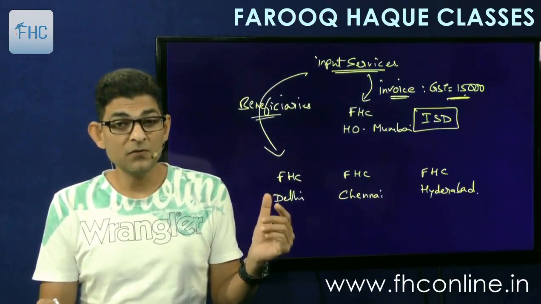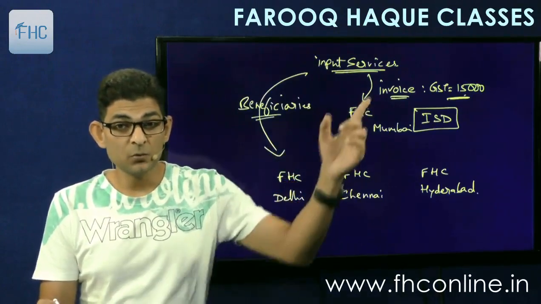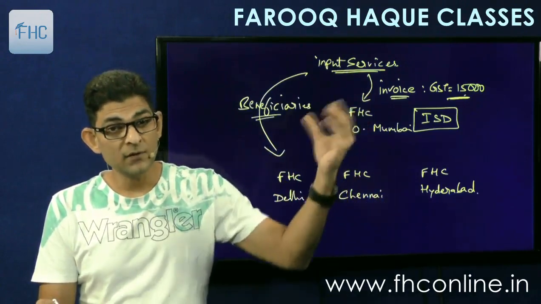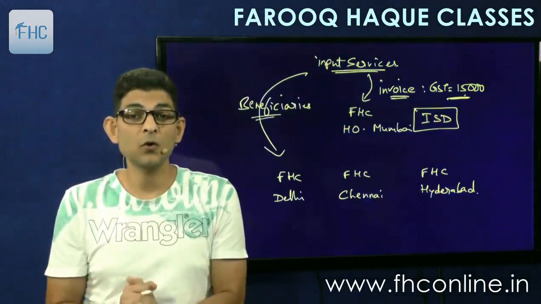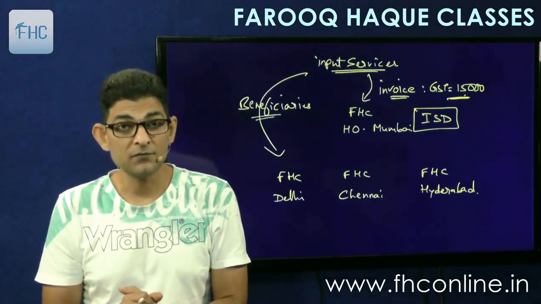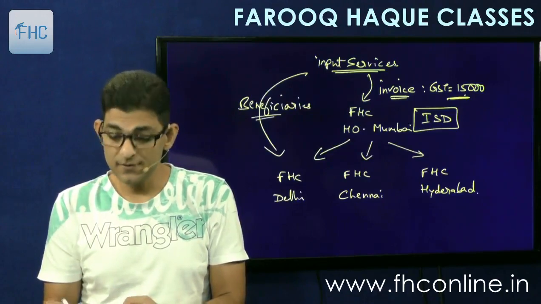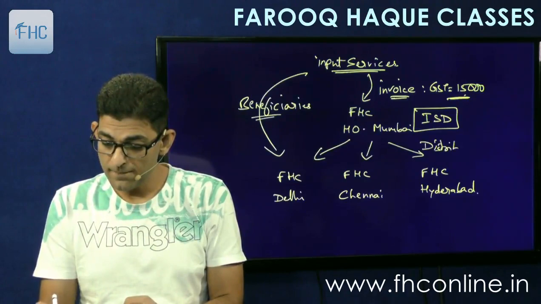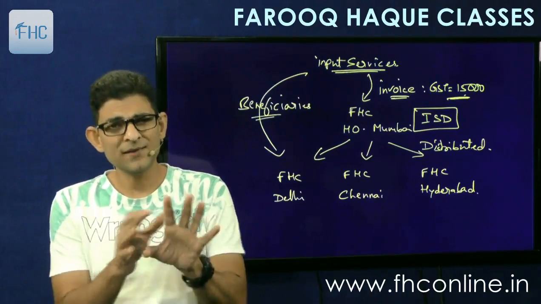If the beneficiary is only one unit, it will be given to this unit alone. If the beneficiaries are 2 units, it will be distributed amongst them. If the beneficiaries are all of the units, then it will be distributed amongst all the units. So distribution will be done according to the proportion of the benefits derived. So this is called the distribution of credit. So credit will be distributed amongst the constituent units. In which proportion? That all we are going to see.